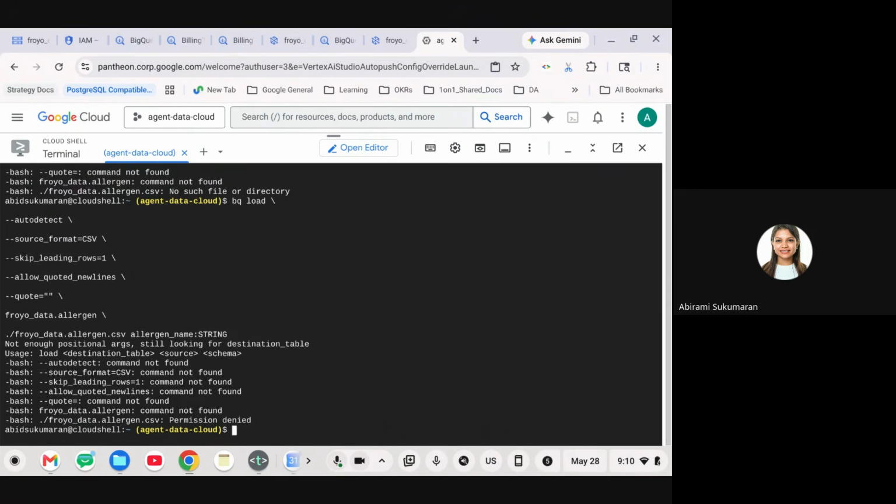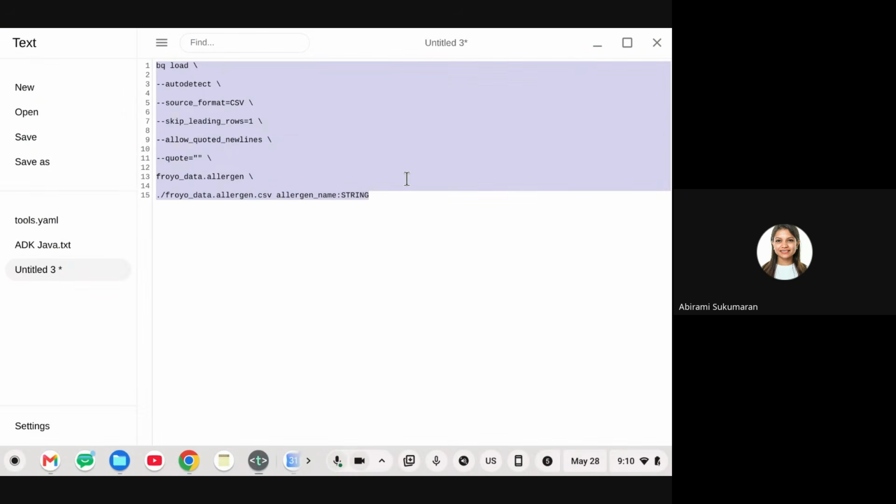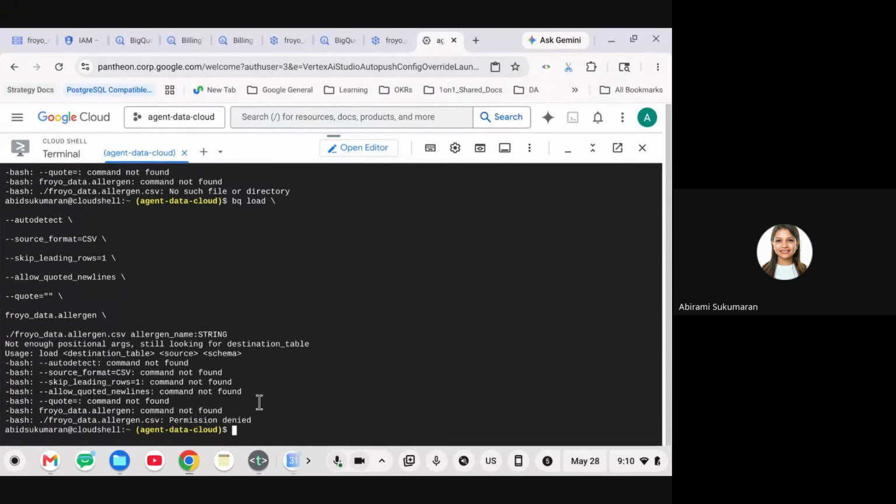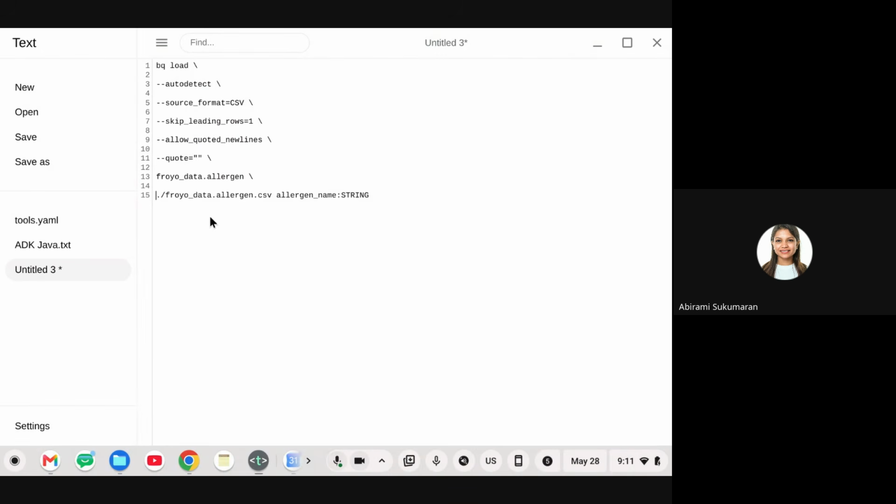Now it should recognize. Why is it not recognizing it? Hold on. Is there any blank space or something? Make sure you're able to run this.